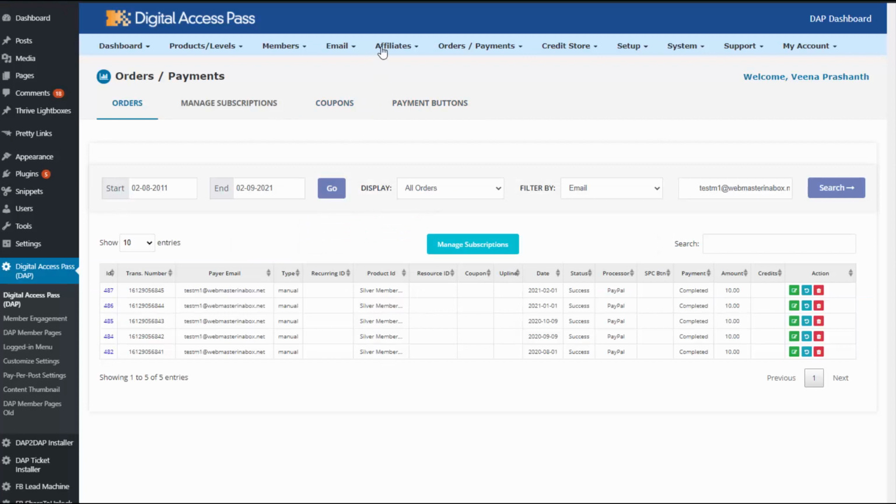All right, so you can see here, this is the DAP payment orders page. So this user became a member in August 2020 and then made payments in September and October, but canceled sometime in October. And then this member joined back in Jan 2021. So this user did not have an active subscription in November and December. So this user should not be able to access any content that you dripped in November or December because this user did not make payments in those months. So let's go ahead and test it.